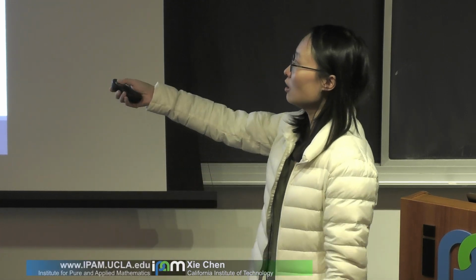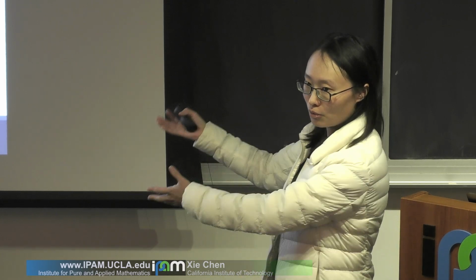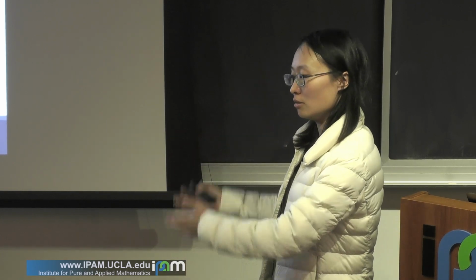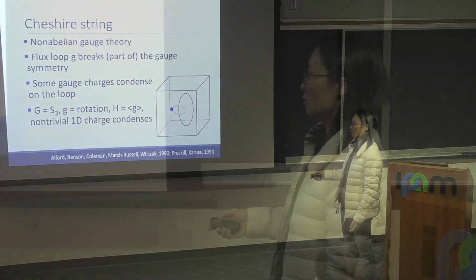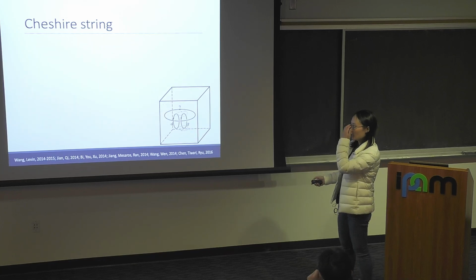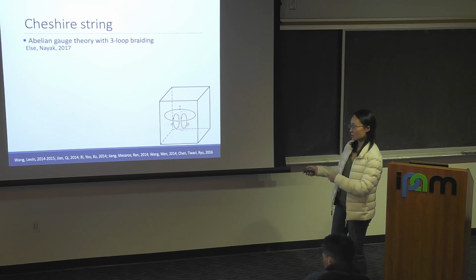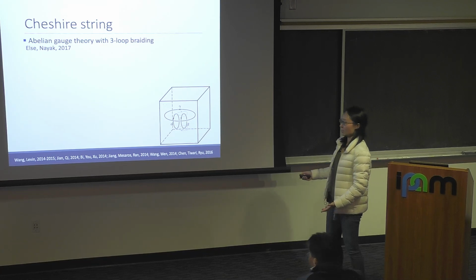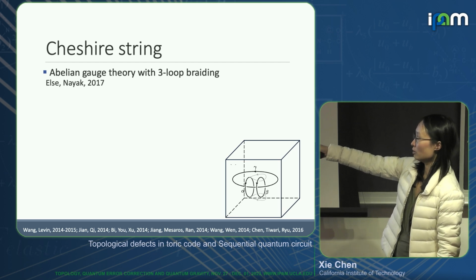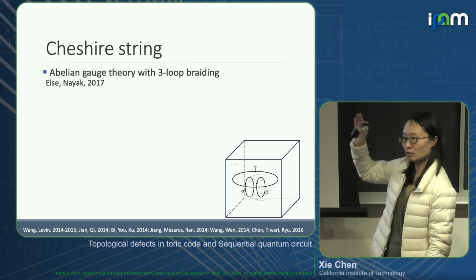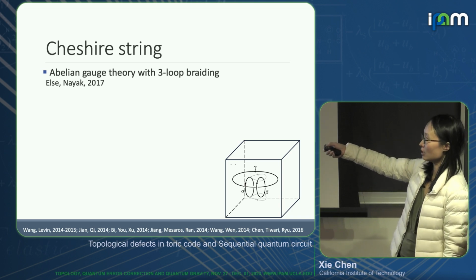Yeah, so in the non-abelian case, this is more of a necessity. So we cannot avoid talking about it, even though we're talking about the bare minimum excitations. Okay, and another situation where this is necessary is in some abelian gauge theories, but the abelian gauge theories with non-trivial three-loop braiding. So toric code doesn't have non-trivial three-loop braiding, but some other abelian gauge theory does, and it